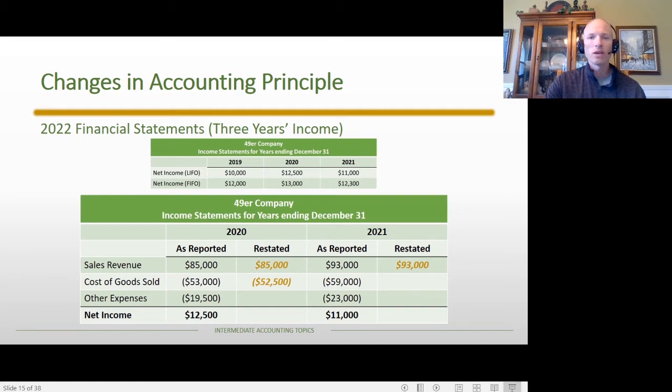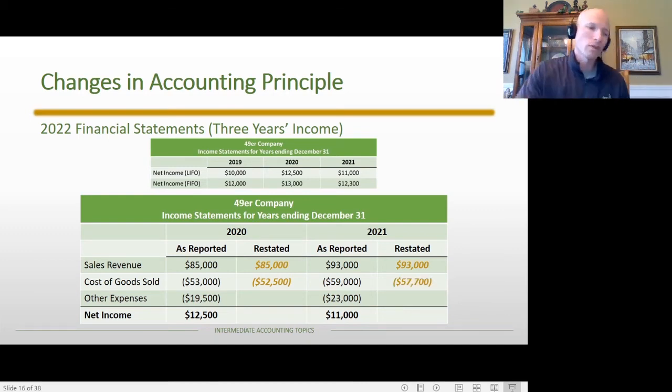And so rather than me give you the answer right away, I want you in your own mind to think about, okay, what would that restated amount be? If it was originally reported at $59,000, and you can see the difference in income is $1,300, what would be reported as the restated amount? Just in your own computer there, or by yourself, on the count of three, if you want to put it in the chat to see if you got it right, that's fine, or you can just say it out loud at home or whatever, but on the count of three, give me your number. 1, 2, 3. And the answer is